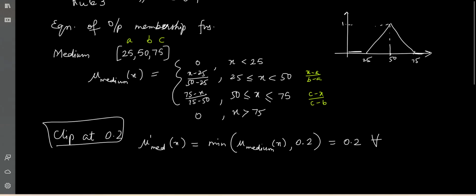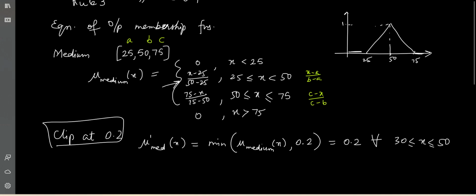So I can write this as mu medium of x equal to 0.2 for all x, I'll write it like this, for 30 less than or equal to x less than or equal to 50. Okay, for the second category I'm talking about. Now for the fast fan speed, we have,